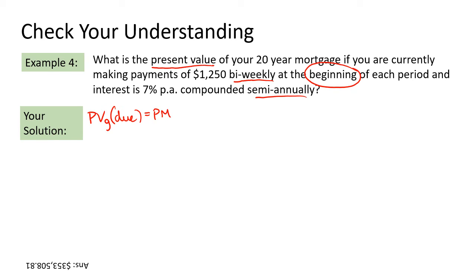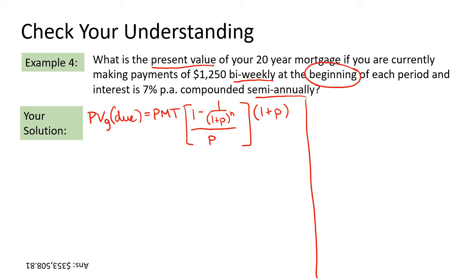It's equal to our payment times 1 minus 1 divided by 1 plus your equivalent interest rate P to the exponent n, divided by the equivalent interest rate P. And since it's an annuity due, you add on 1 plus the equivalent interest rate P to the end of this formula. Again, doing our little sidebar, what items do we know? We know our payment is